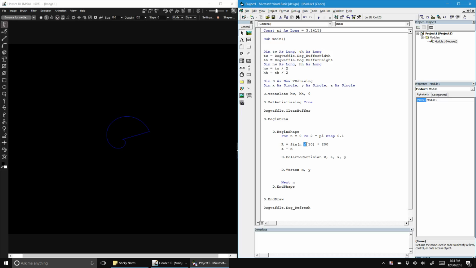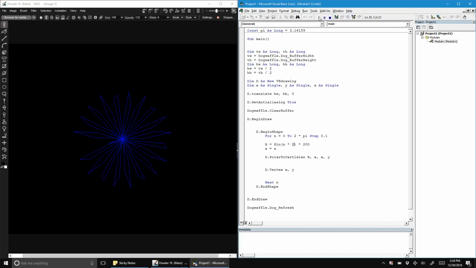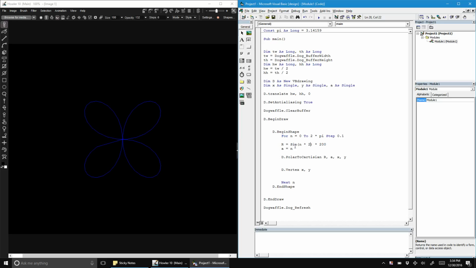Let's see. I'll try some different value here. Okay, that's better. So the value here is actually the number of little arms we have, or it might be 2 times that value. So let's put 2 there. I think we should get 4 arms. Let's see what happens. Yes, okay. So that makes sense, that's all logical. The value n is 0 to 2 times pi, so naturally we have 2 of these. We'll make 4 of those. All right, if we want 5, or sorry. It's interesting. So anyways,